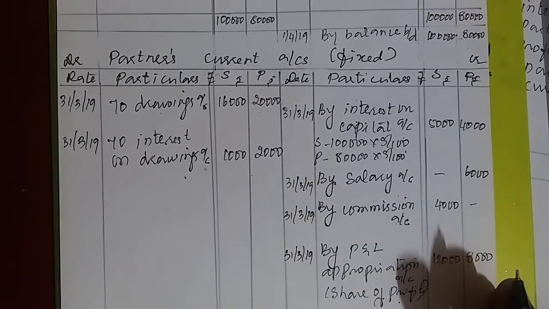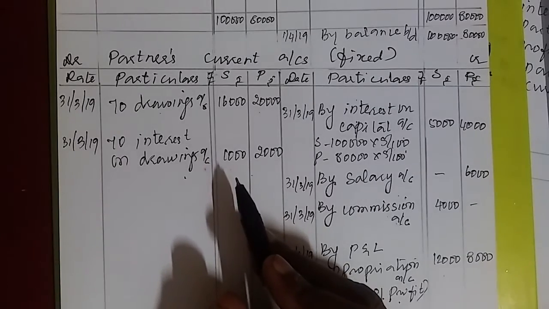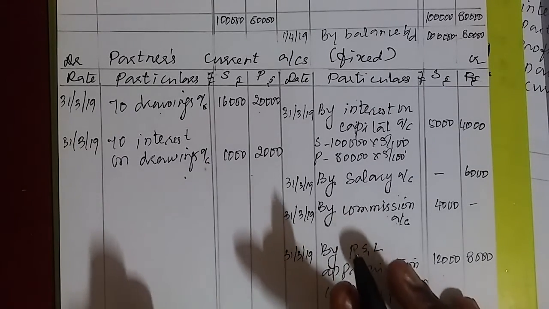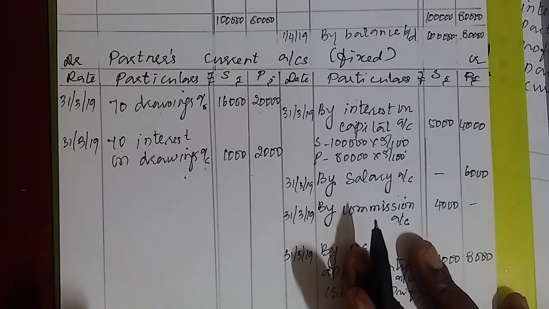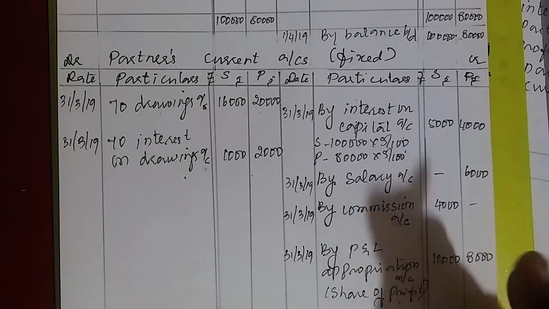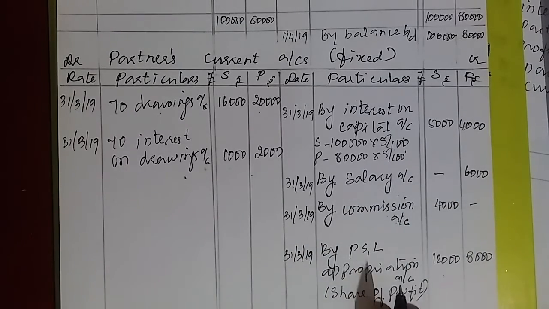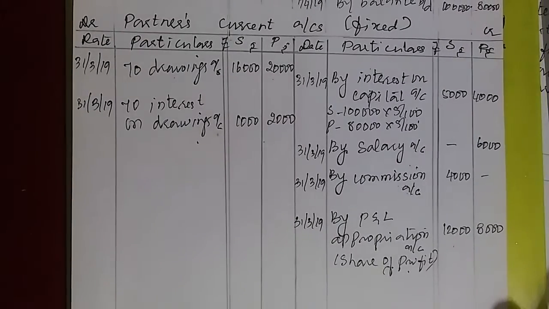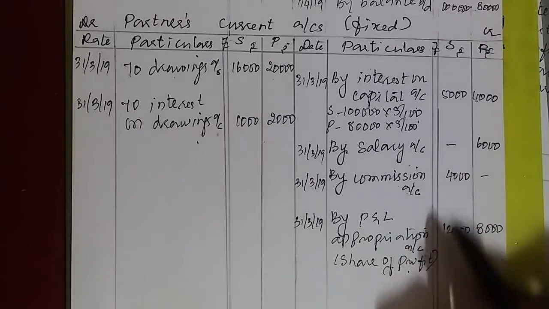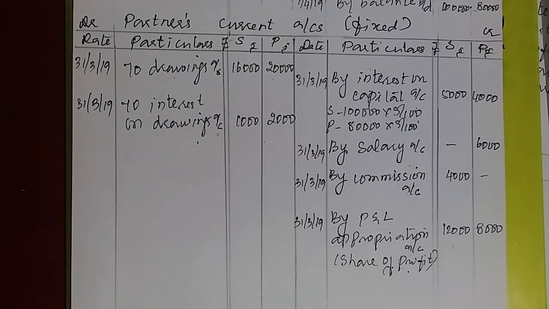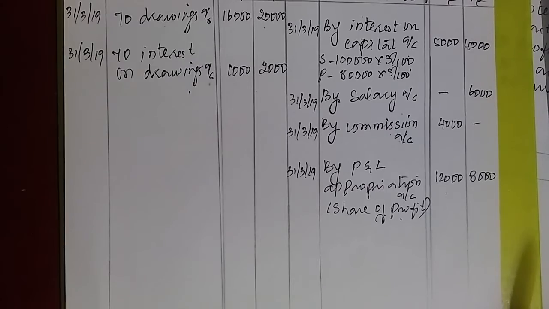Interest on drawings is an expense to the partners, so show it on the debit side. So be clear in your mind, whenever you prepare partners' capital or current account, consider the items by keeping the partners in your mind. To the partner it is income or expense, that's all. When you prepare P&L appropriation, you have to imagine the firm. To the firm, whether it was income or expense, you have to imagine like this. Otherwise you commit mistakes. To avoid the mistakes, you have to think as a partner. As a partner, what all you will receive, what all you will pay. Okay? Yes.